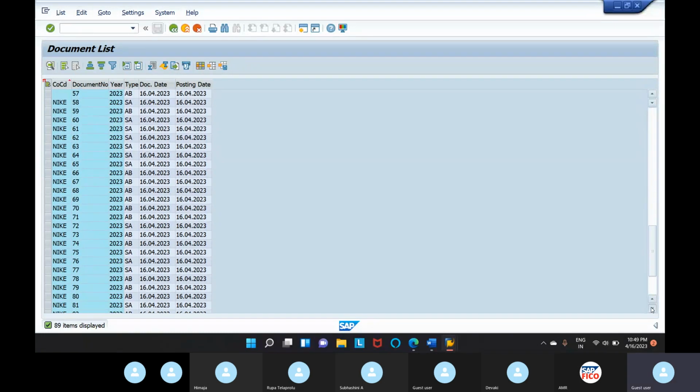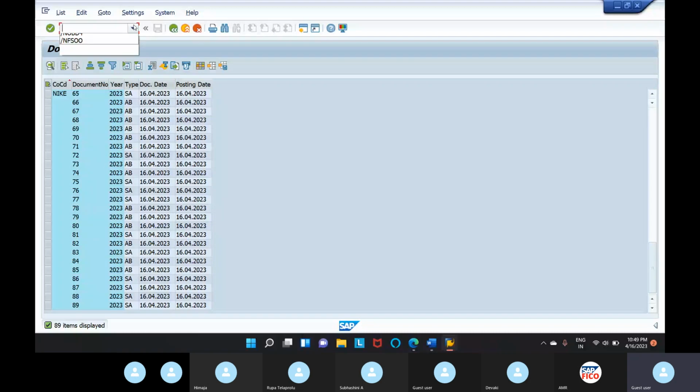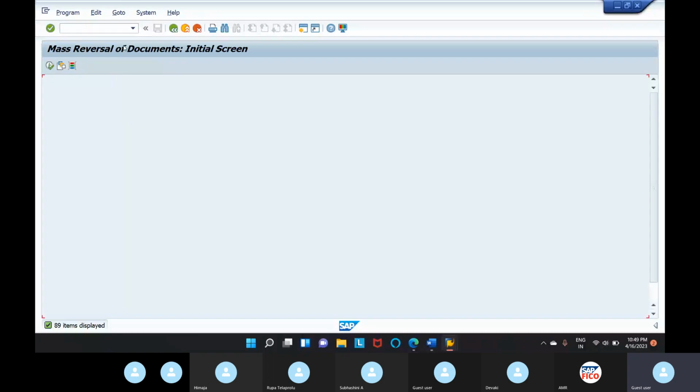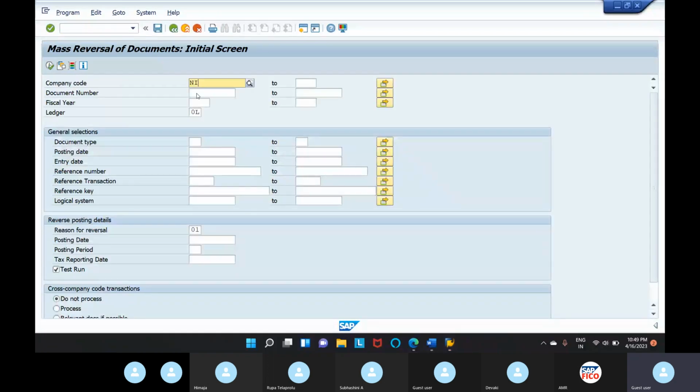Last 4 documents, SA documents, it's 86 to 89. So I am going in F.80, 86 to 89. My company code is Nike, and document number 86 to 89,